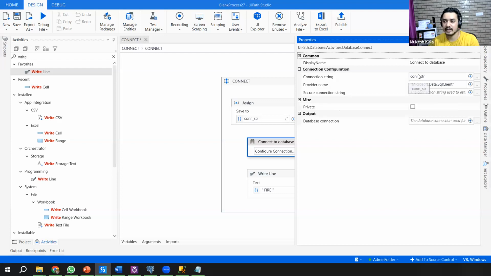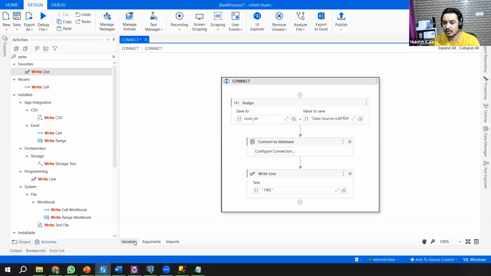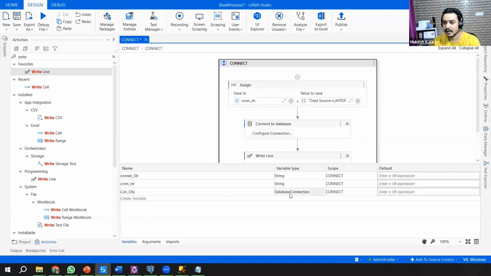This is not encrypted, but you can provide it. And there's an output which gives you a connection object. I'll hit Ctrl+K, the shortcut to create a variable, and say this is con_obj. Now if you go to the variables, you can see that a database connection object is created.